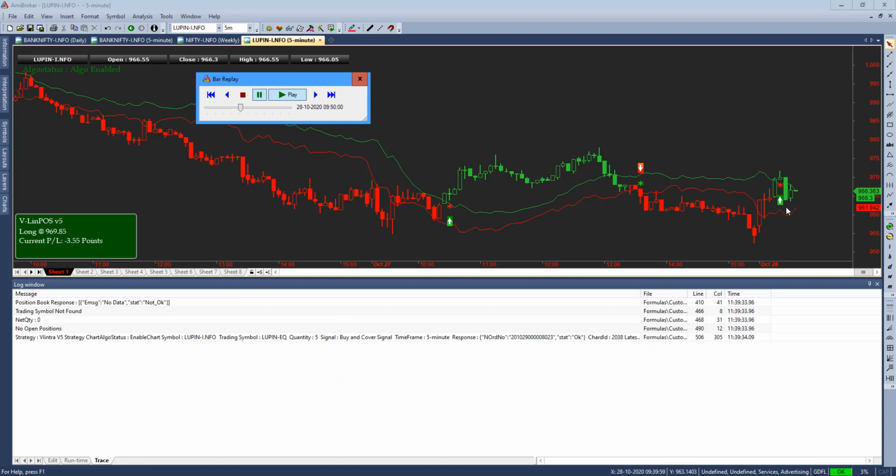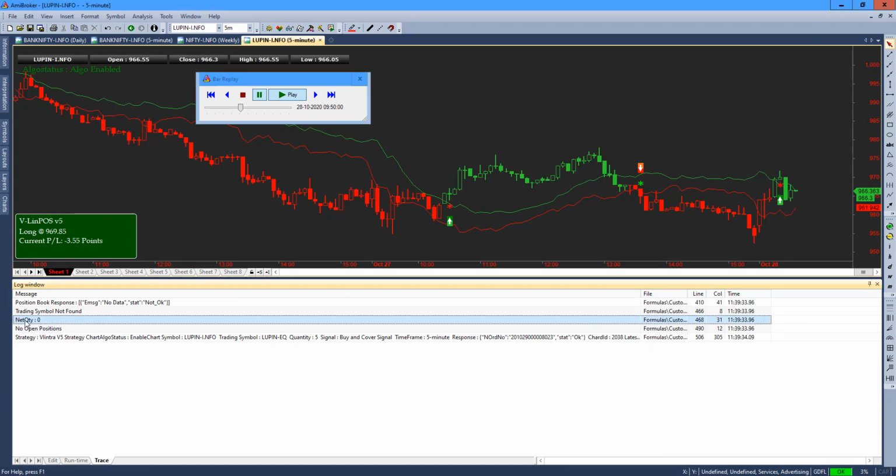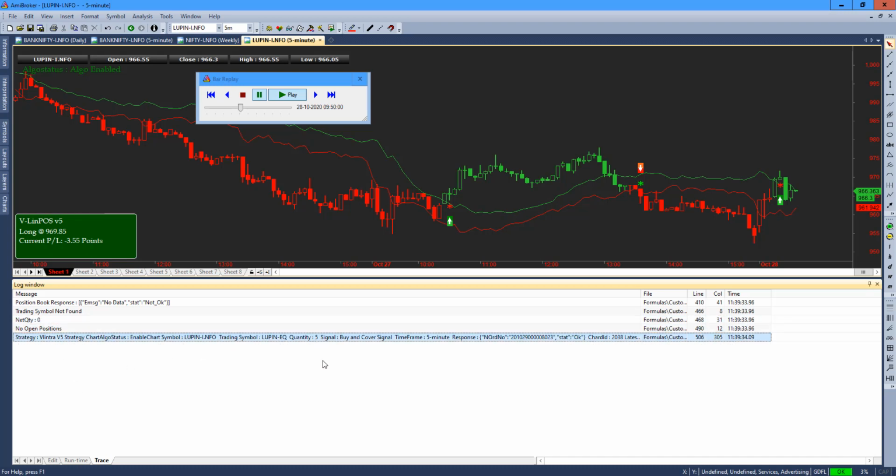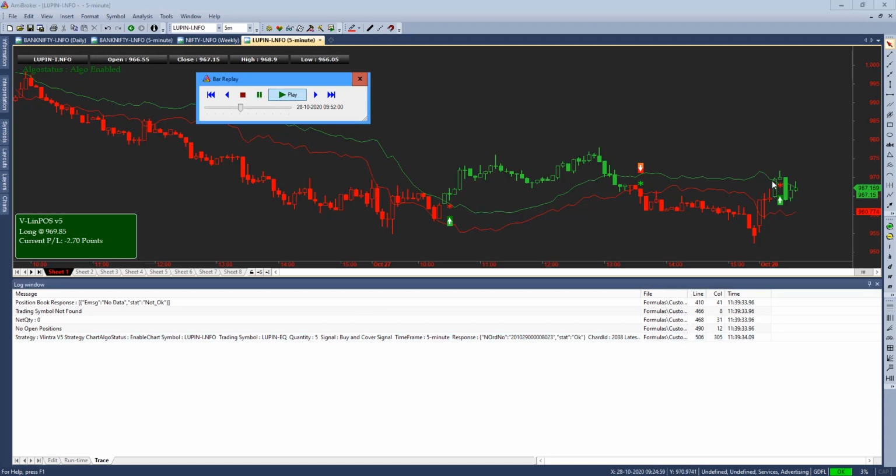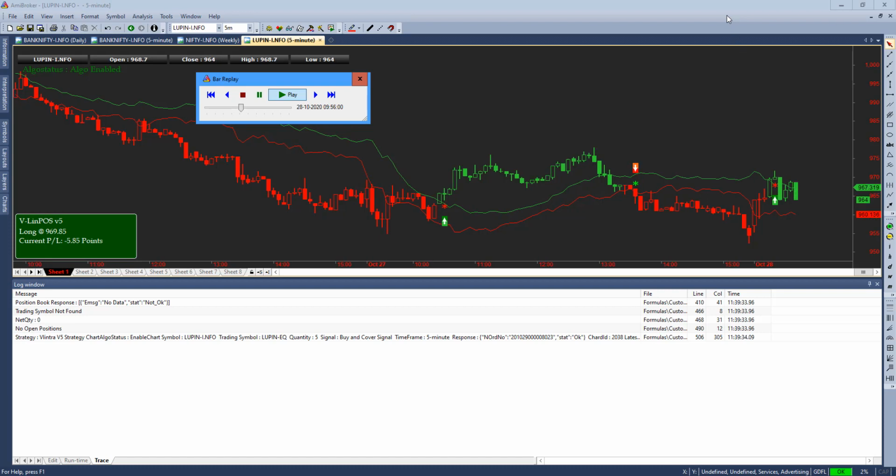So right now the buy signal is going on. It was checking the initial quantity. Net quantity is 0. It is querying the broker position, meaning your open position, which is 0. So if there are no open positions, automatically it will send only a single quantity over here. Now again, I'll do the bar replay. If a sell signal happens, it should double the quantity from here.